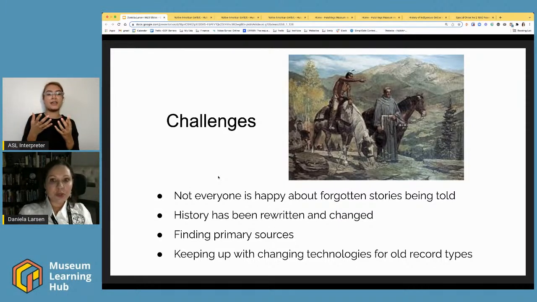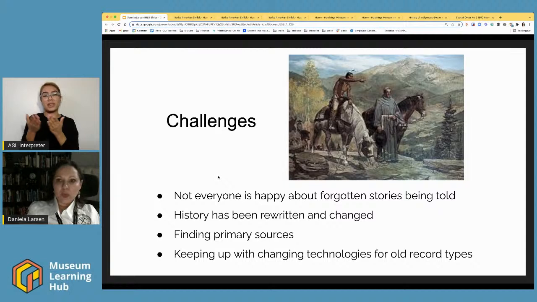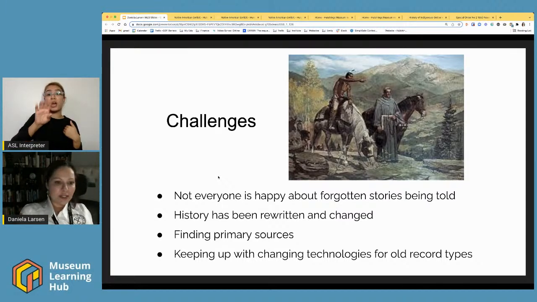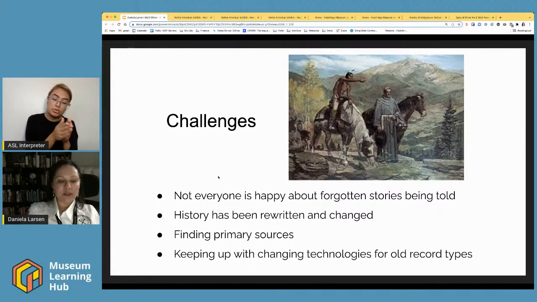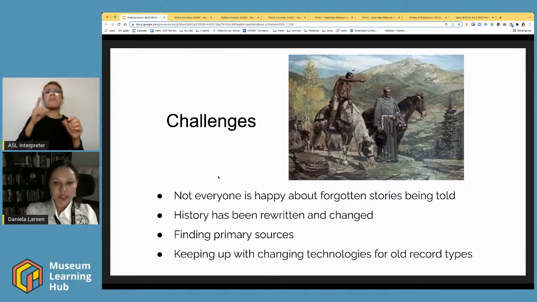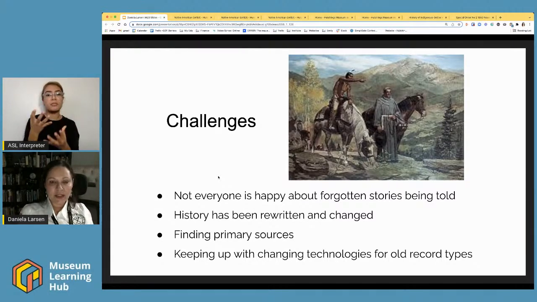We do really see when we're scanning old books and looking through things that are out of print, we do see that there are tribes and stories and events that have changed in how we tell them. And too many times we go by the current textbook or by what's on Wikipedia or what we find on the first 2 pages of Google. And we're not really looking for primary sources on where that information is coming from. And digitizing collections like this really allows us to do that.